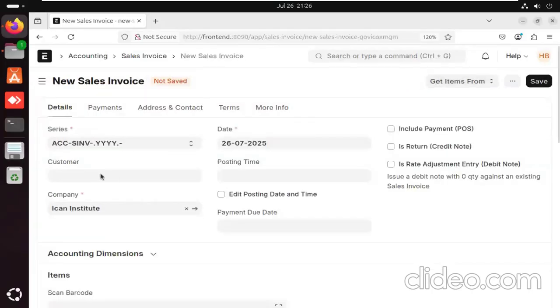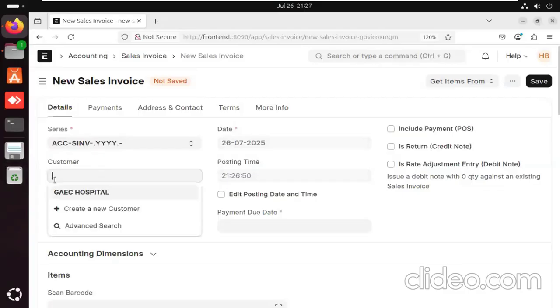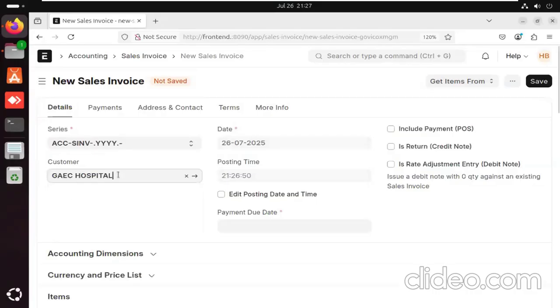Once I click on sales invoice, I have to select the customer. So obviously, if you don't have a customer in your system, it will not show. I don't think I have. Okay, I've created one customer already called Gaia Hospital. So I select Gaia Hospital as my customer for this sales invoice that I'll send to Gaia. There's a posting date. If you want to edit the posting date, you can click here and edit the posting